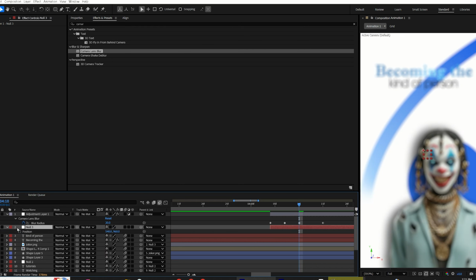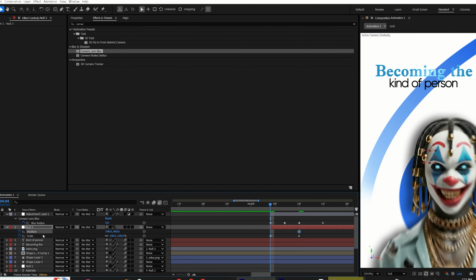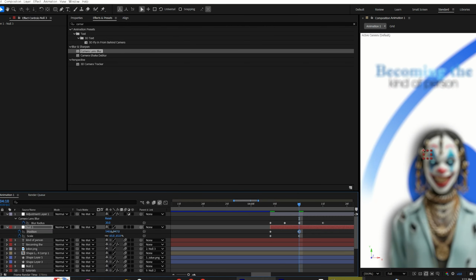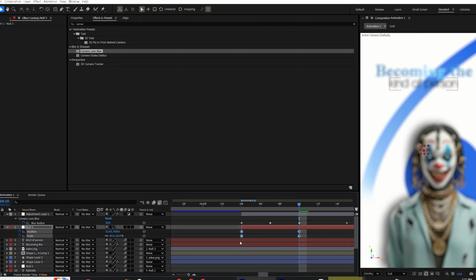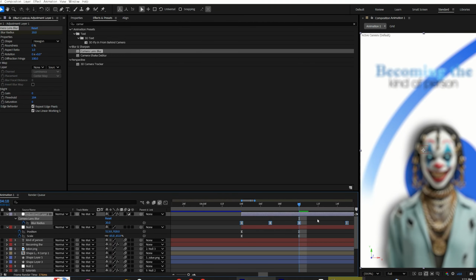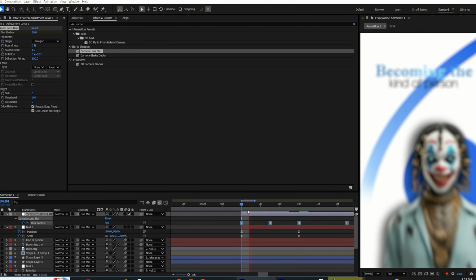Press P for the position, keyframe the position value, press U to see all keyframes, move to the start of the position, keyframe it again. Go to the second keyframe and move its position to the top side. Then select all the keyframes and press F9 for easy ease animation. Now you can see